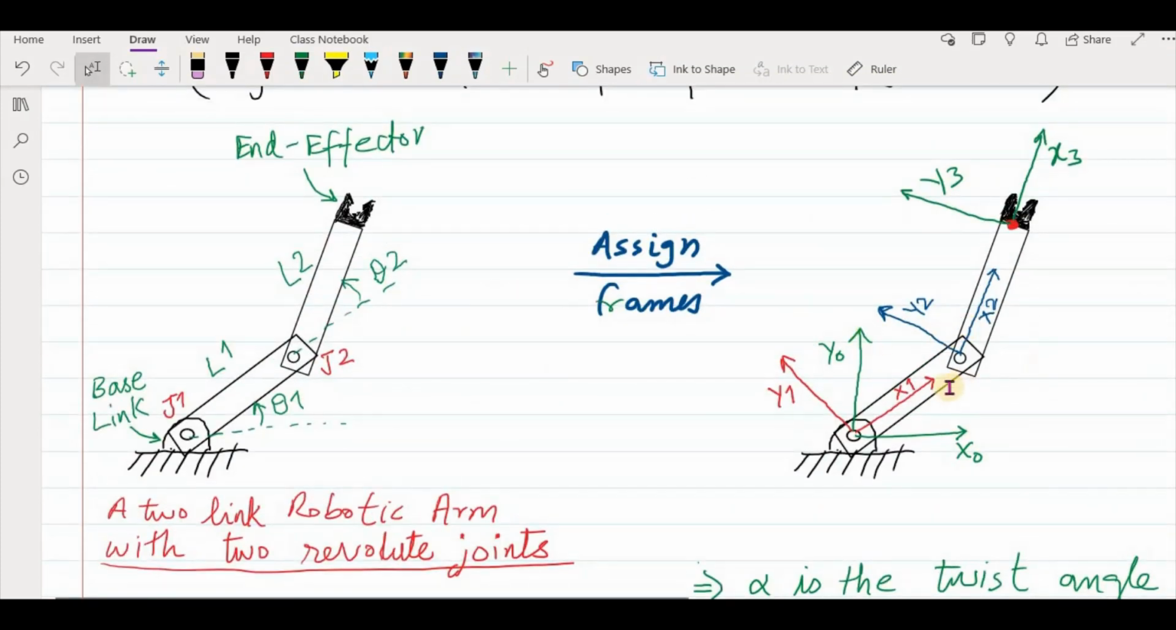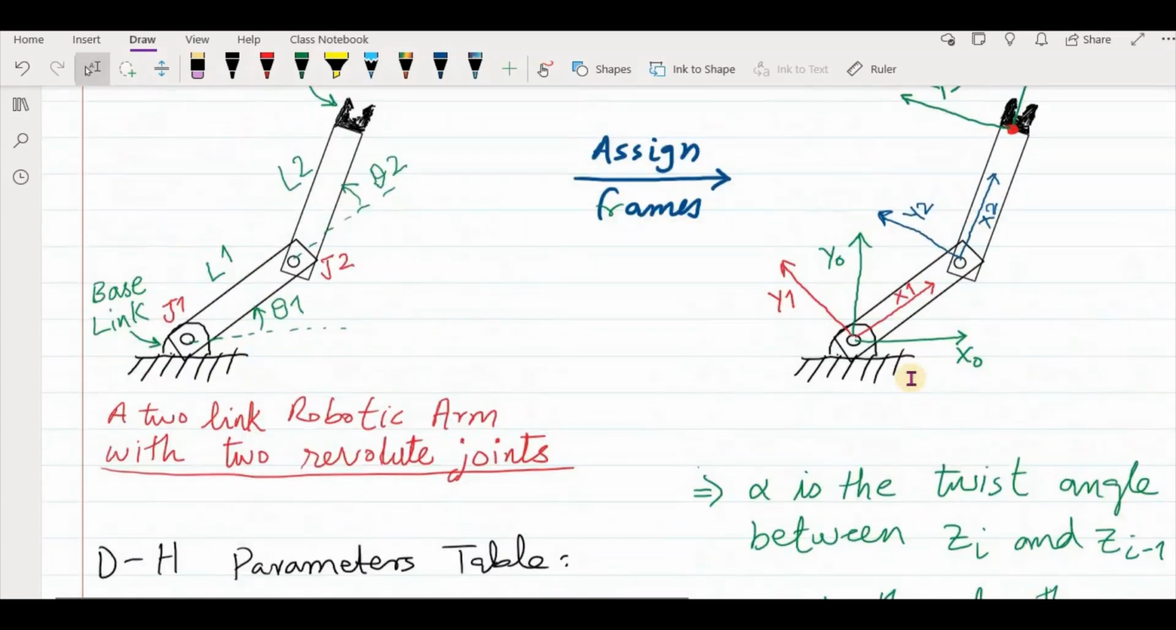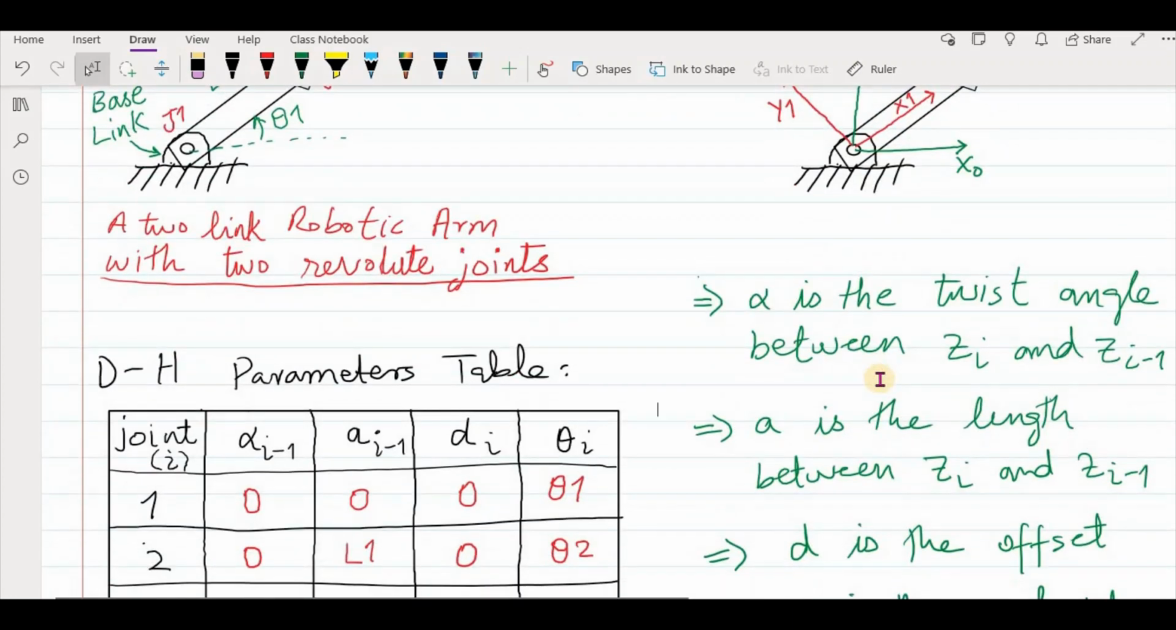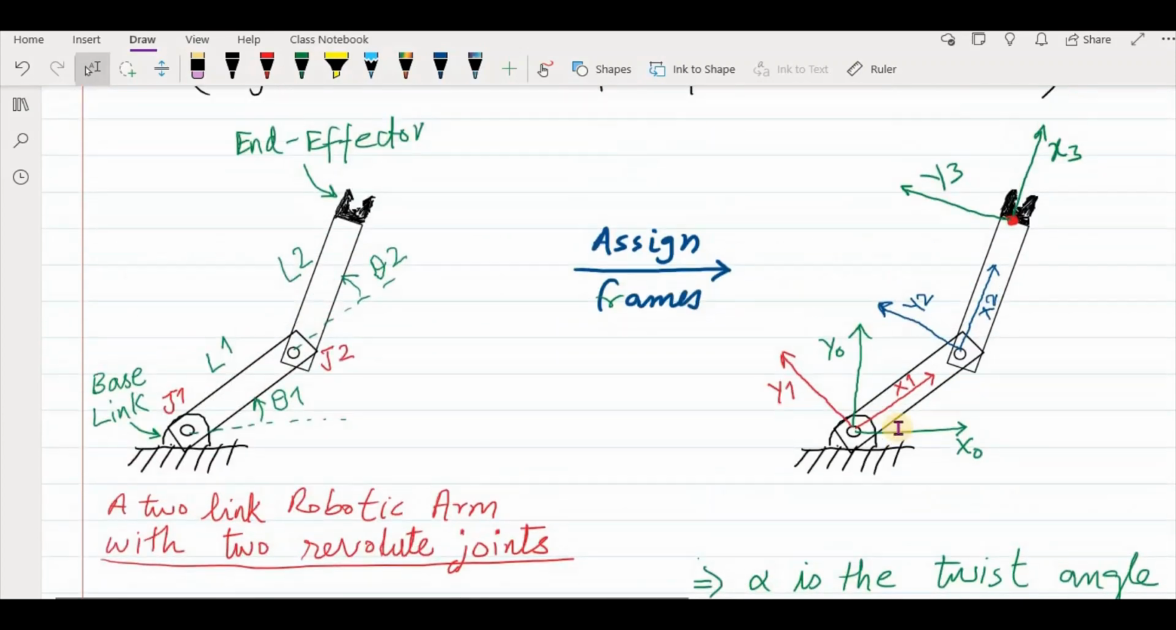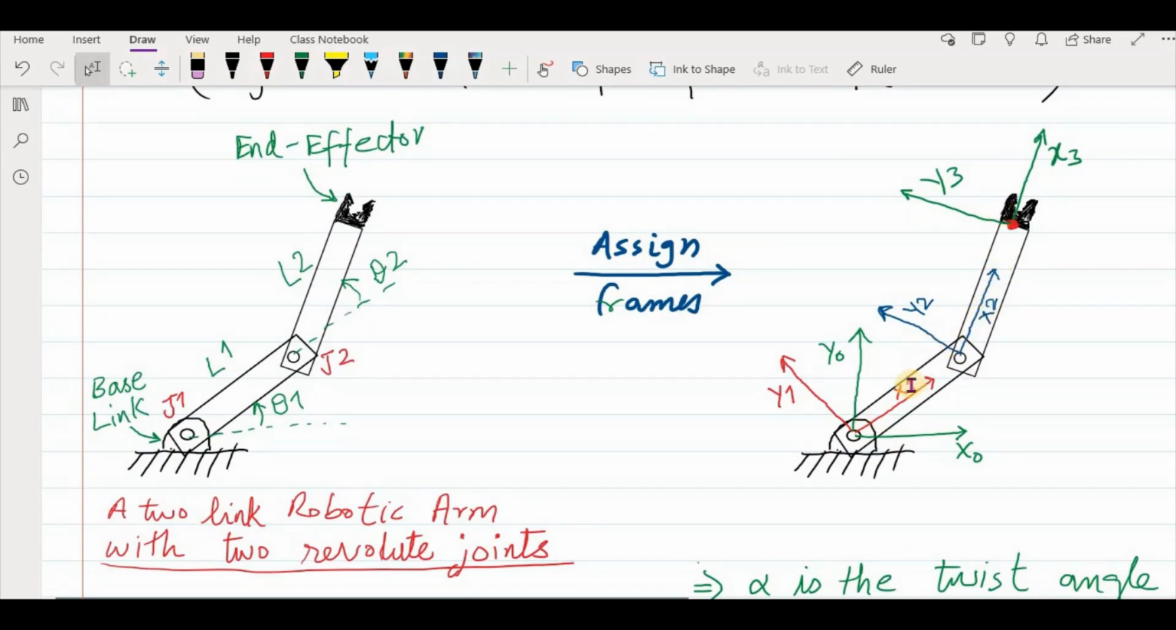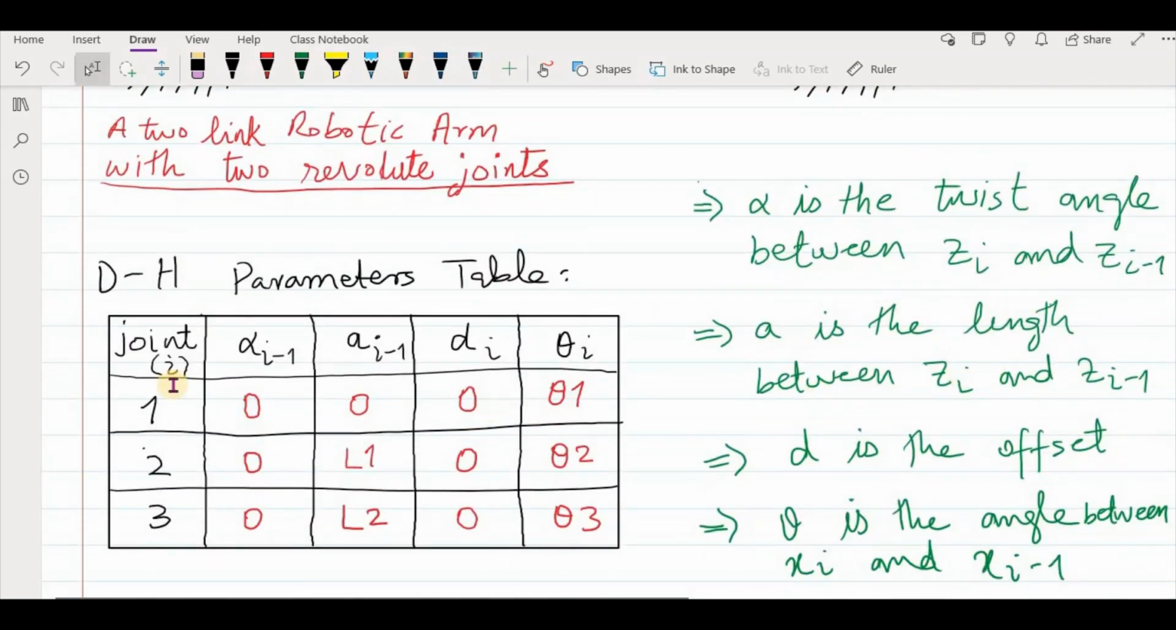So here you have a robotic arm with frames attached according to the DH convention. What we do is try to find the DH parameters starting from frame 0 to frame 1 to frame 2 and frame 3, or you can say joint 3 also. However many joints or frames you have attached, you have to find the DH parameters for all the frames relative to the neighboring frame. So let's start with frame